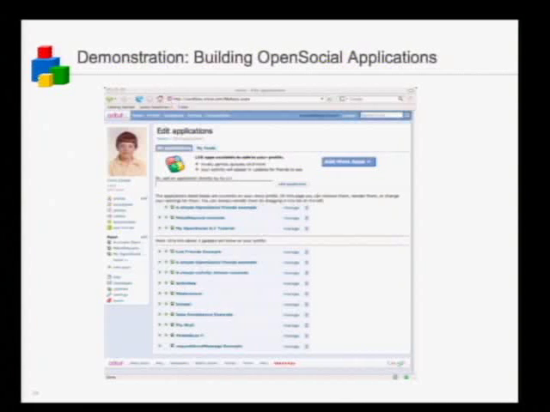Okay, so let me step into some demonstrations. I'm going to bring up a couple of things. Well, that's actually Orkut right there. If you're familiar with Orkut, it's a social networking site, very popular in India and Brazil. And Taiwan, right? No. But anyway,